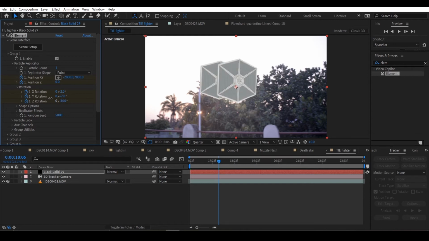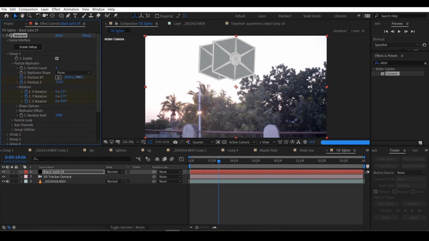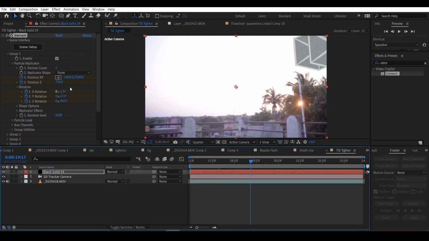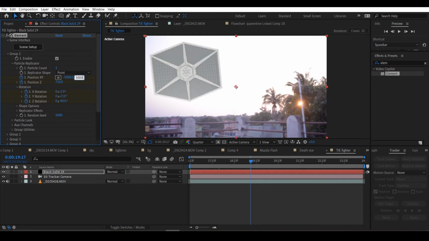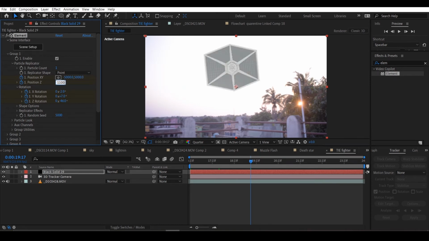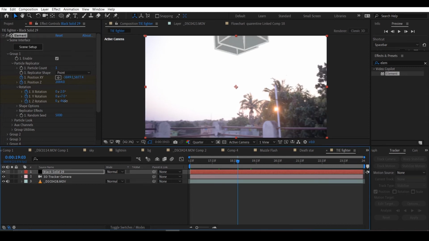So I want it to go from right side of the frame to the left side of the frame, and then go upwards. So I'll just play with the positions and rotations, and as you can see, it's looking like it's flying upwards.